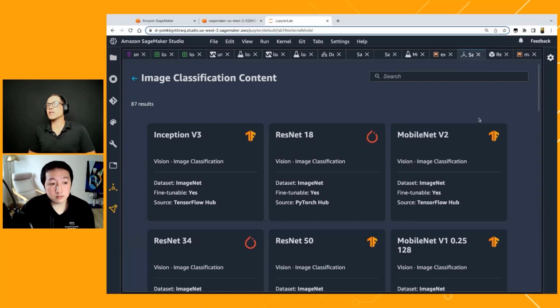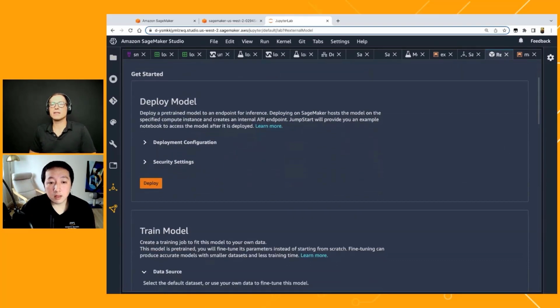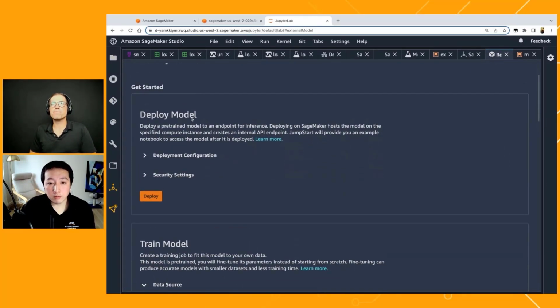That's perfect. And from what I understand, you went to image classification, you click on it, and then what is after that? Yeah, so there are two options with this model.